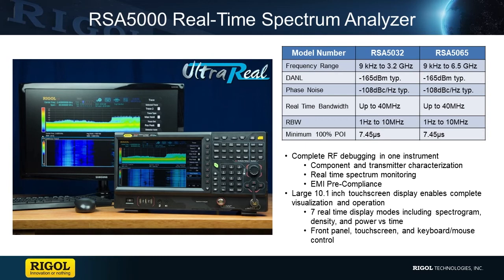The RSA5000 combines real-time capture and sweep capture capabilities with a flexible form factor, allowing an engineer to select their preferred testing techniques, interface, and use modes. With the frequency ranges of 3.2 gigahertz and 6.5 gigahertz, the RSA5000 is ideal for analysis of components and complex signals in EMI, IoT, Wi-Fi, cellular, and a variety of other wireless communication applications. The RSA5000 gives engineers increased control, accuracy, and flexibility over their RF measurements throughout the design process, providing uncompromised performance